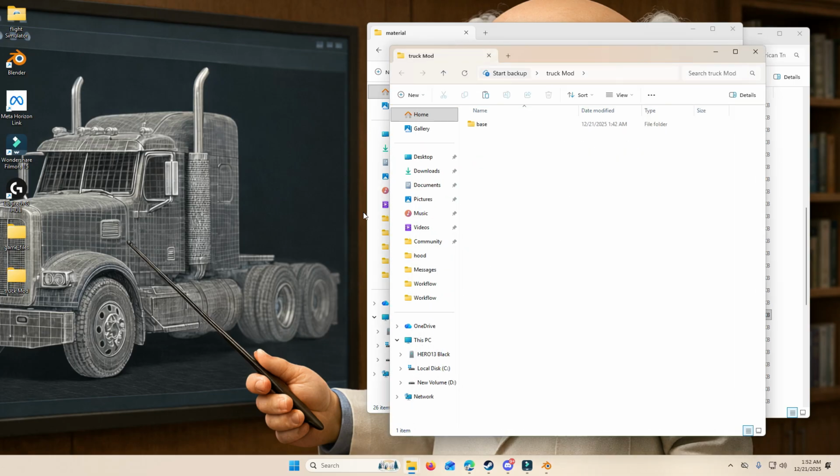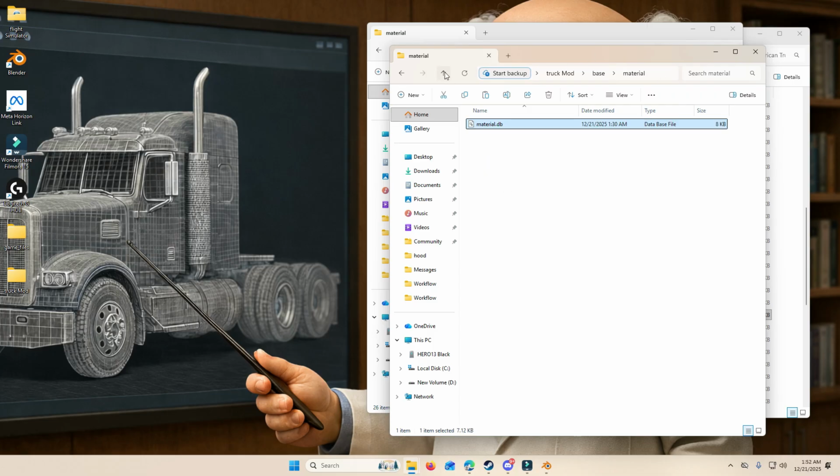So if we open it and we go to base, notice we don't have a material folder, so we'll create one. So we'll go new folder, we'll go material, and then we'll place that database file